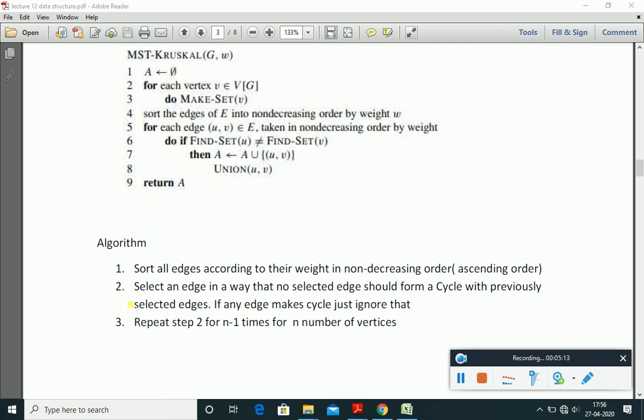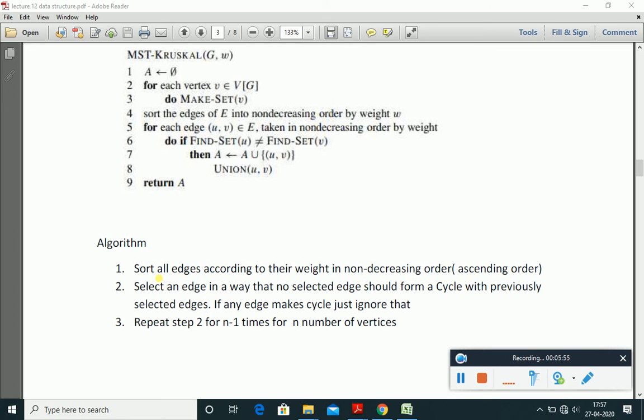There are basically three steps. What is the first step? Sort all the edges according to their weight in non-decreasing order. Non-decreasing is as usual like ascending, but there is a difference: if two of the edges have the same values, they will stay together. In normal language we can say it is ascending order, but strictly it is neither ascending nor increasing order. So in negation mode it is known as non-decreasing order, similar to ascending. So first we will sort all the edges according to their weight.